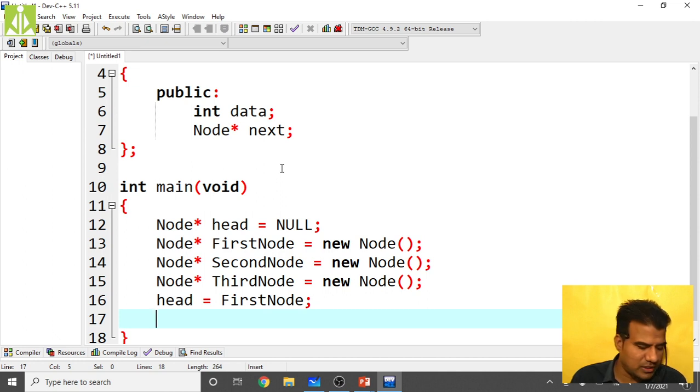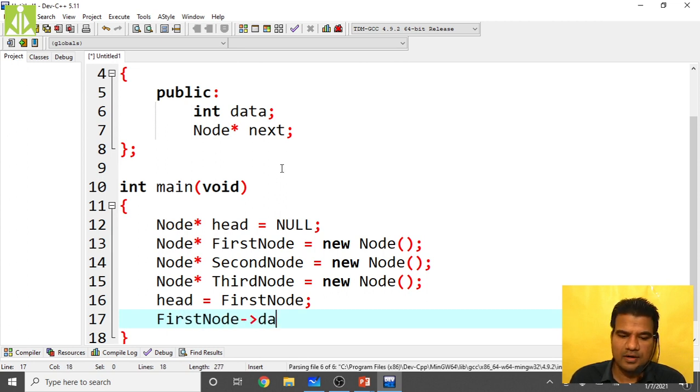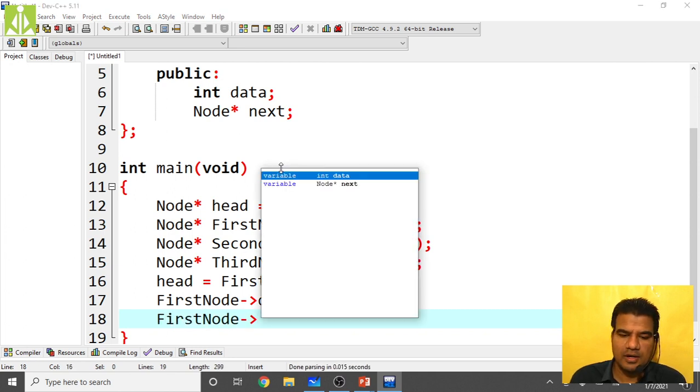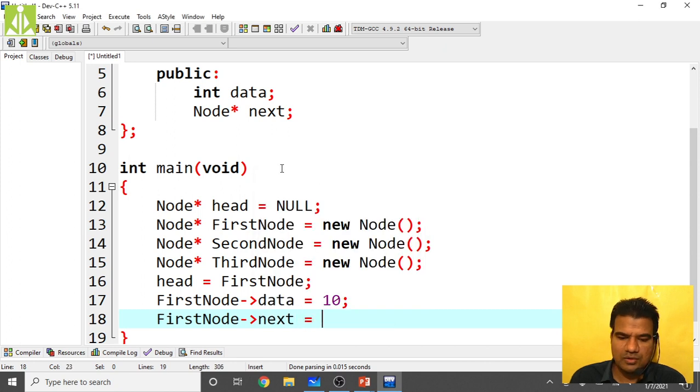I mean, first you store some data into the first node. Okay, so first node's data equals, let us say, 10 I am storing, then first node's next equals second node.